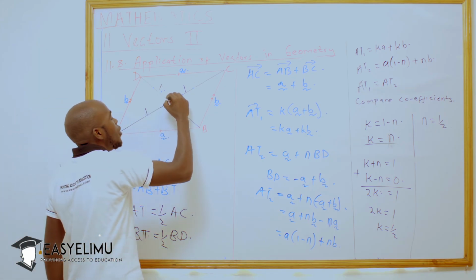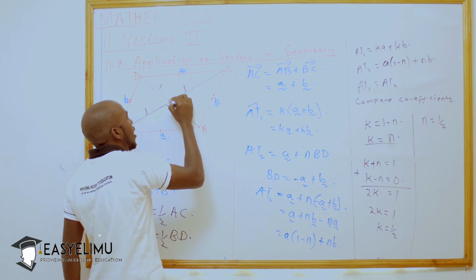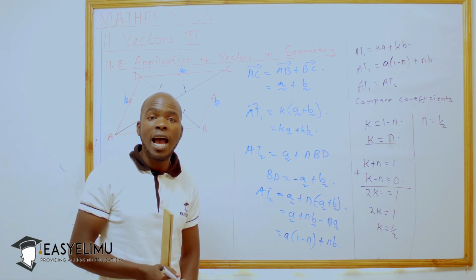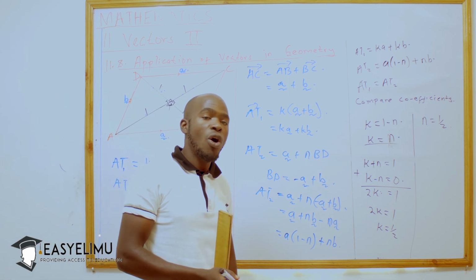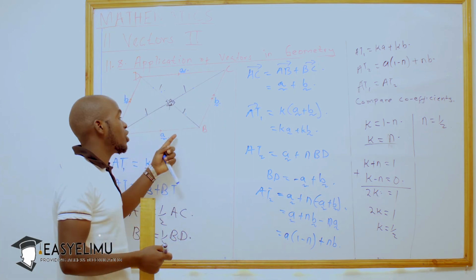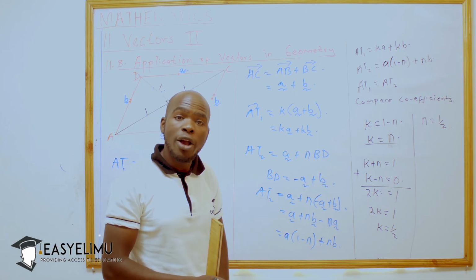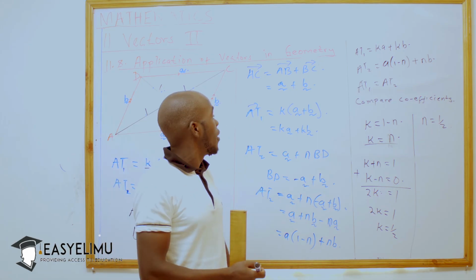So at the point where they intersect, this is 90 degrees, this is 90, this is 90, this is 90. So the diagonals intersect each other at right angles. And we have seen that on intersection, each side remains with a half. In our next section, we are going to see how we can